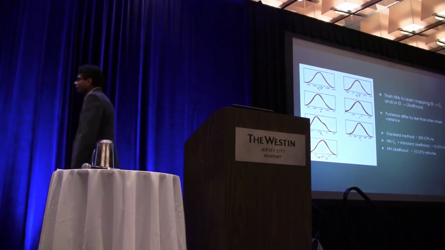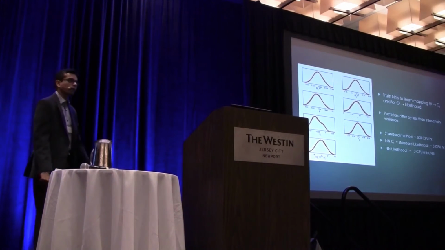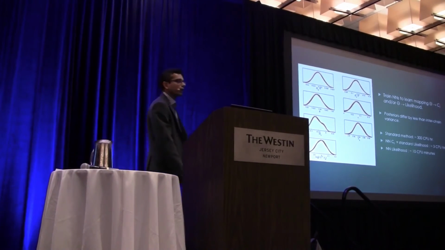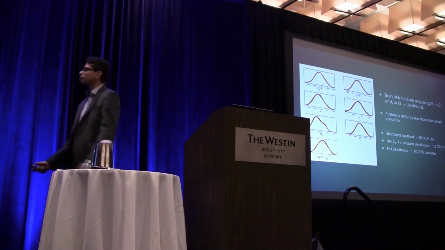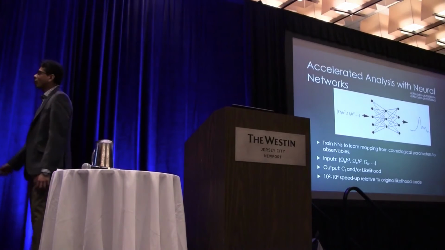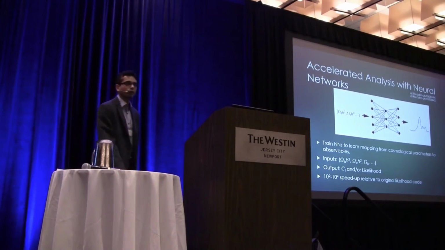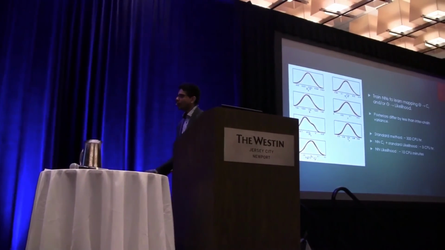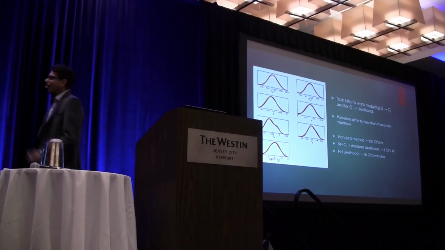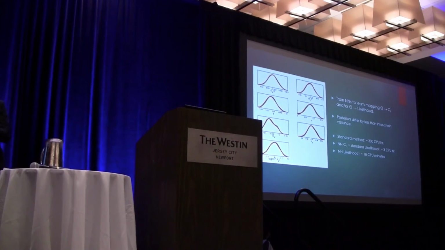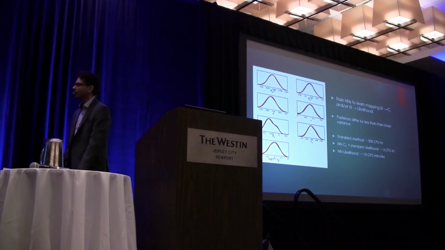So what we did there, we thought about it, we thought, why don't we try a neural network? Rather than using a neural network for doing any kind of pattern classification, we could just try and train a neural network to learn the cosmology, to learn the mapping from the cosmological parameters to the power spectrum. And if we can train a neural network to do that, once the neural network has been trained, it would do this calculation very, very quickly, in milliseconds. And then we can just use the neural network as a code emulator for solving this couple of Boltzmann equations and to speed up our analysis. And that's what we did.